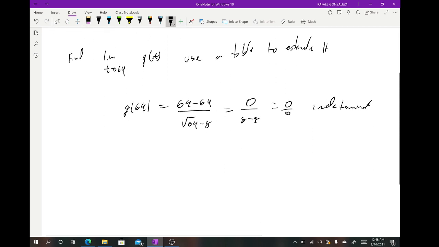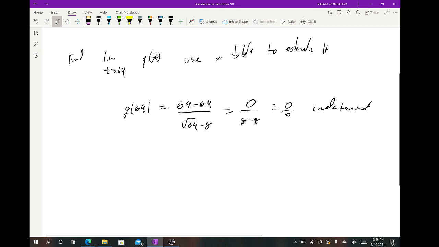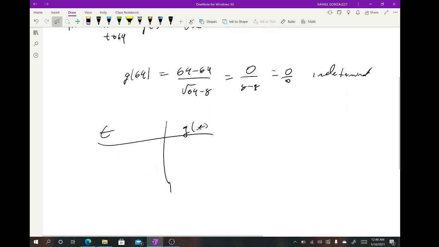So we cannot use the plug-in method. We must actually do some estimations. The way that I would suggest you do this is to make a table. You have your t values and you have your output values for g of t. And pick numbers very close to 64. So, for instance, you don't want to start with 0. You start with something like 63, 65,